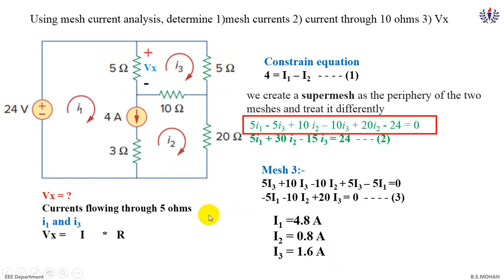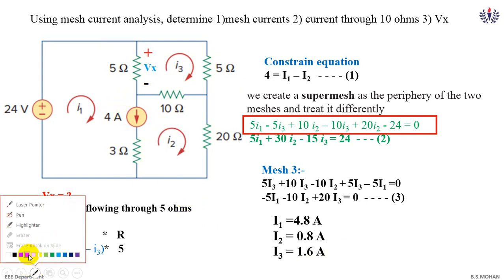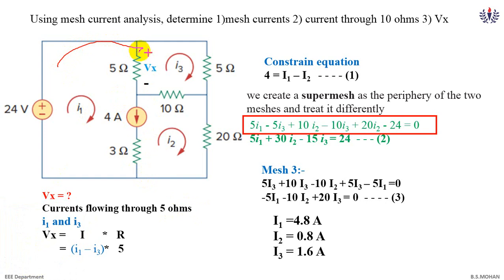And we write the equation as I1 minus I3 into 5. Why is I1 positive? Why is I3 negative? I1, as you can see, the current which is circulating hits positive polarity first, that's why I1 is positive. I3 hits negative polarity first, that's why I3 is negative. So I into R, that is your branch current into resistance, will give you the voltage Vx, which is 16